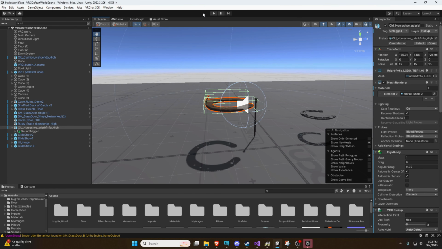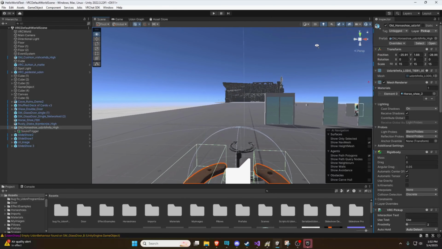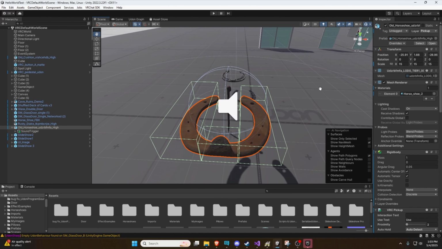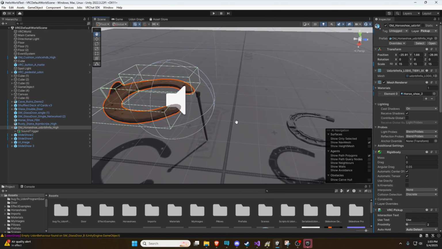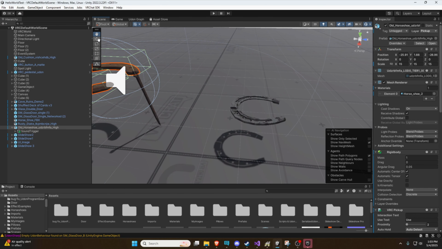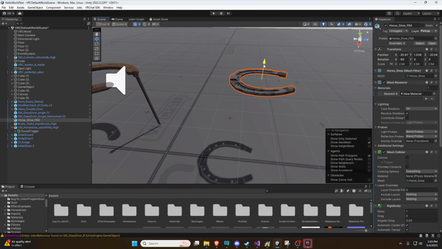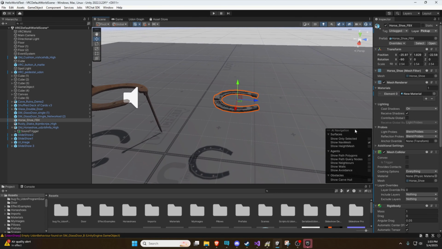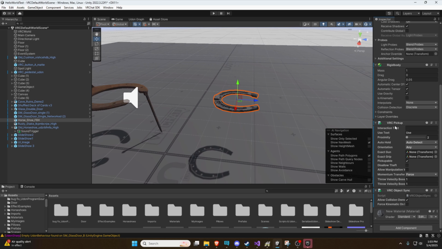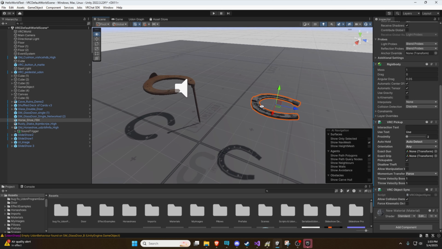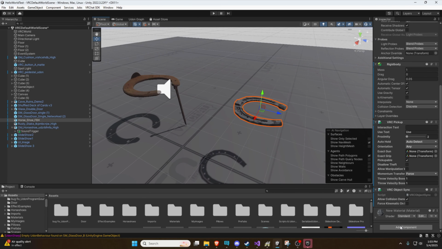So let's go ahead and look at how this was achievable. What you want to do, we'll use our other object for our example, is here is a horseshoe. We have our VRC pickup and our object sync, which is exactly what we'd want, but it has no collision. So what you'd want to do is add box colliders and then edit those colliders via the edit button to be,